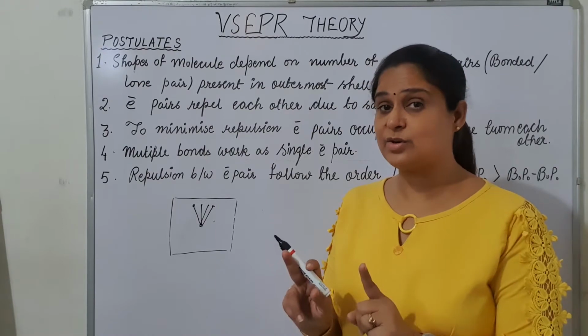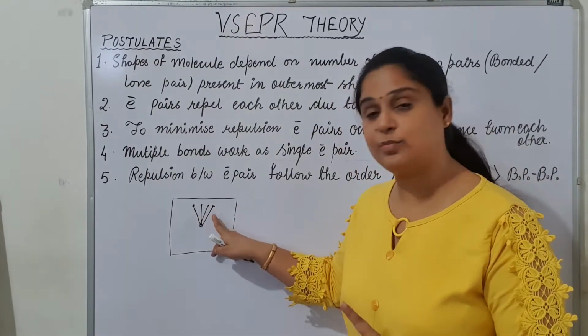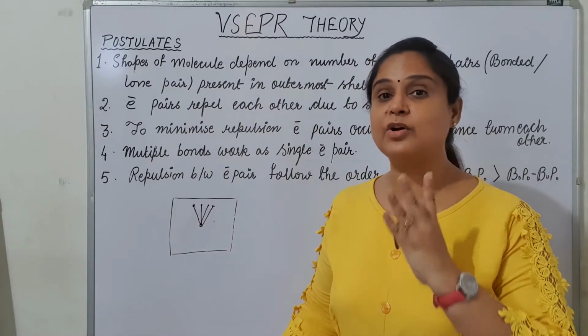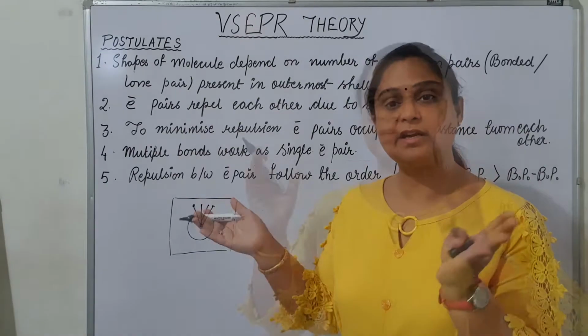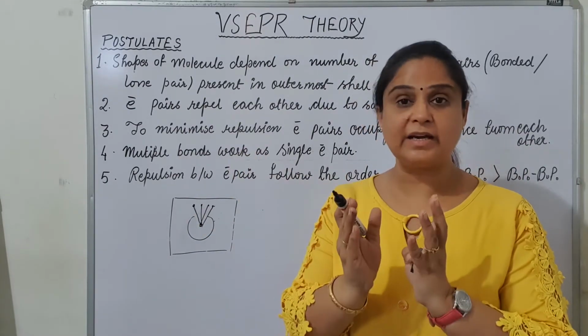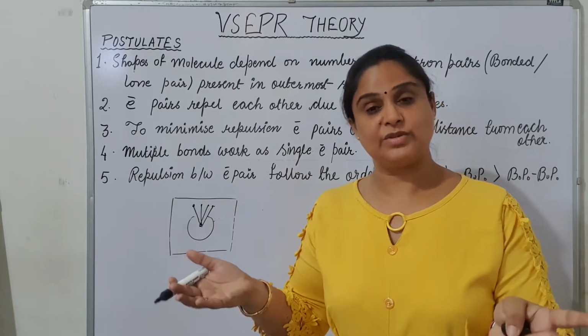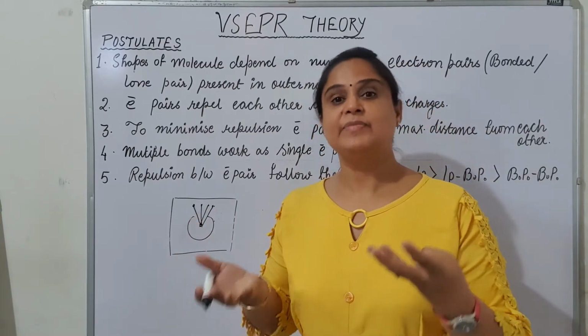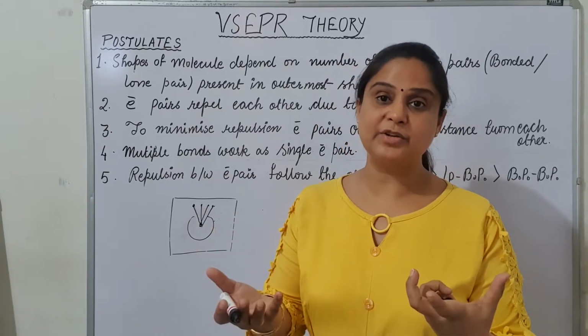Now this is not the way they are going to connect with each other, because these 1, 2, 3, 4 bonds are there, and bond means bond pair electrons, and bond pair electrons ये 3 जगह खाली है, and how they are very close to each other. They are electrons, they will repel each other. If they will repel, they have to maintain the distance so that the energy will be lesser. The least is the energy of the system, maximum will be the stability of that molecule.